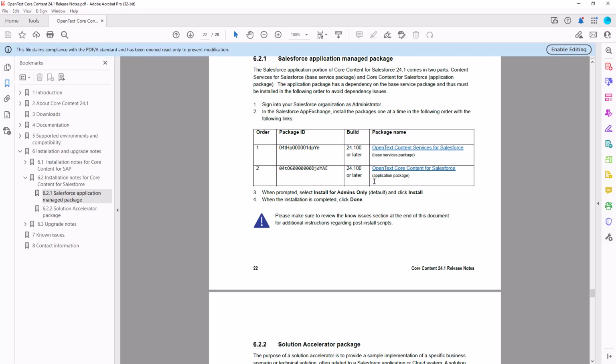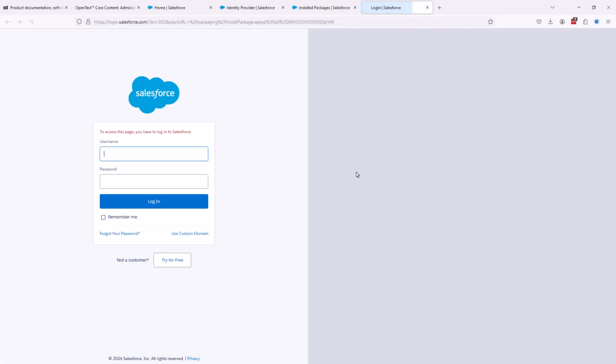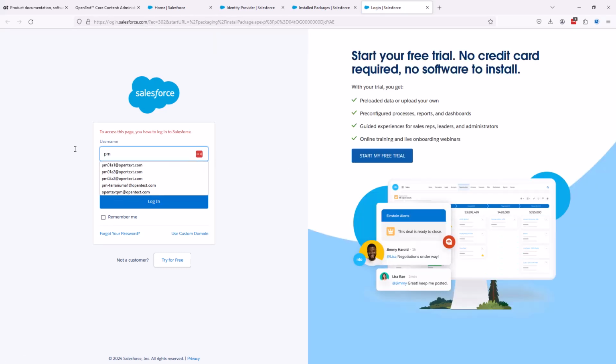So in this particular case, we're going with core content, but an extension package is available for extended ECM as well as for extended ECM Documentum. Okay, then let's go click the link in the release notes. We are again prompted to log in, PM01A1. Log in,